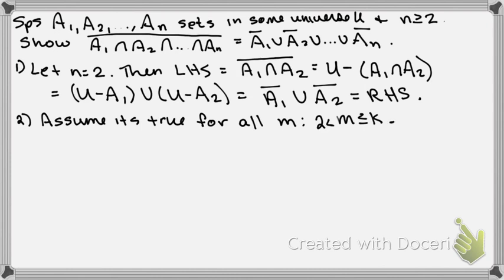Okay, so what we're saying is it's true for everything from 3 up to K. You see, we already proved it for 2. So normally we would just say K greater than 2, but we want to say that it's true for everybody leading up to K. So if K was 8, we're saying it's true for 3, 4, 5, 6, 7, and 8. Okay. In other words,